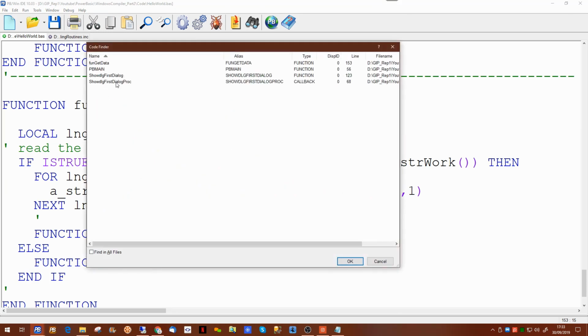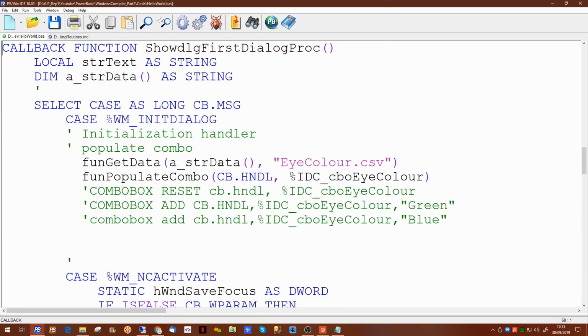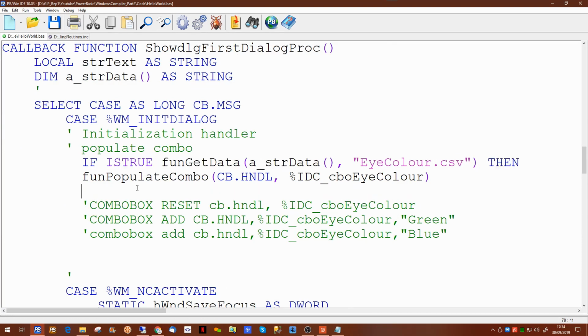So if we go back to our program, in here we will now, coming out of this function, do a test on this as well, just to make sure this function will only populate if it's true. Now we want to pass into this